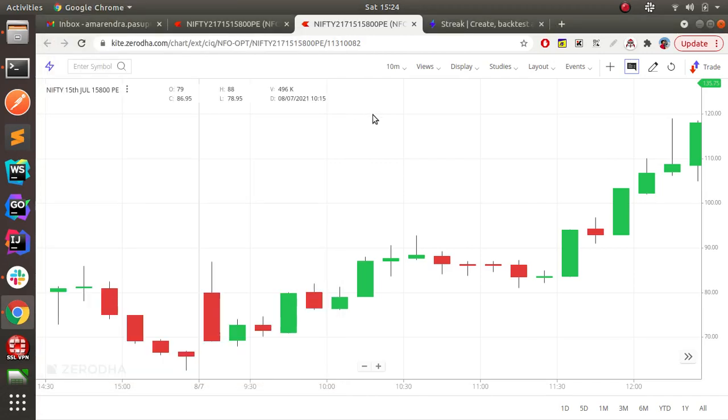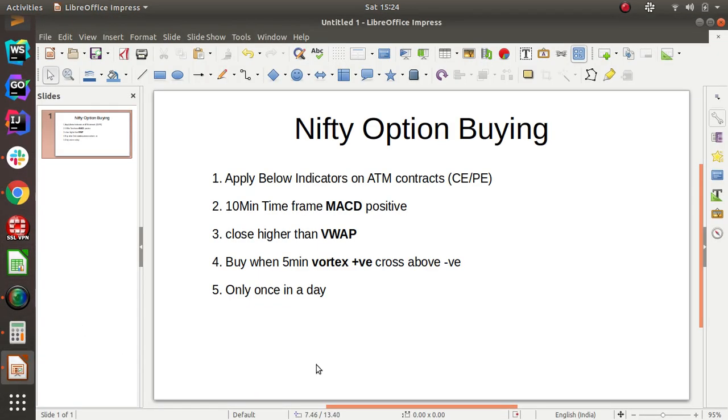So today we are going to see a Nifty option buying strategy. This can be used for both the CEs and PEs. This will be very interesting. Have a look, this is our strategy. First we will see it on the graph, and then we will implement the same thing in Streak through an algorithm and see how the backtesting results look, and then we can adjust our risk reward ratio and see the results.